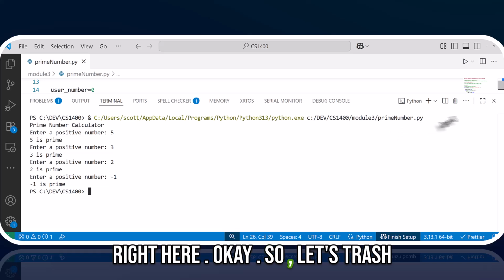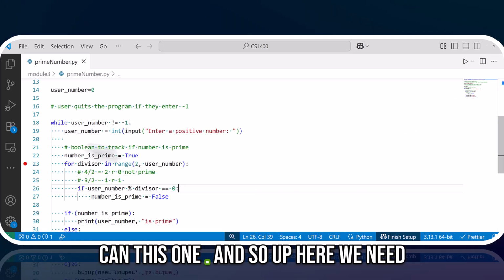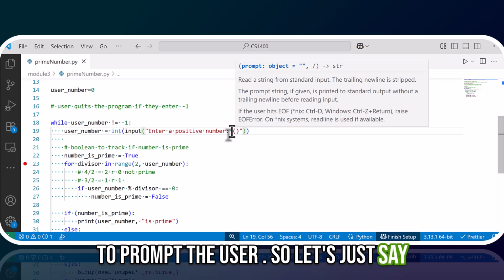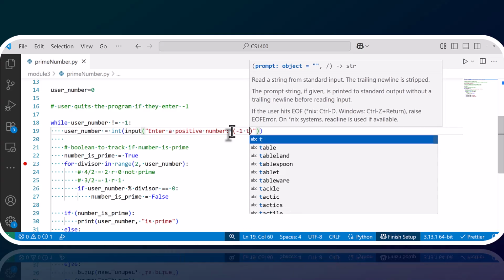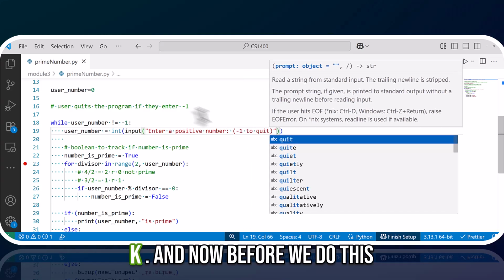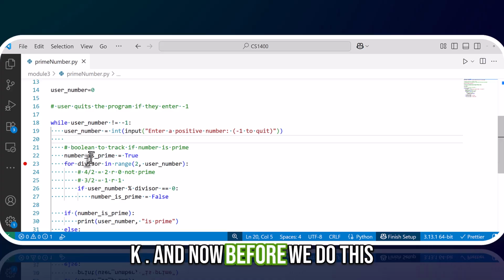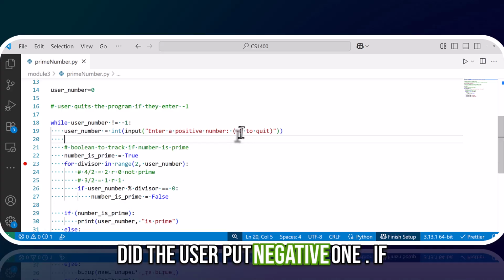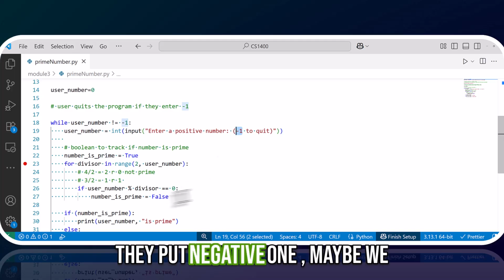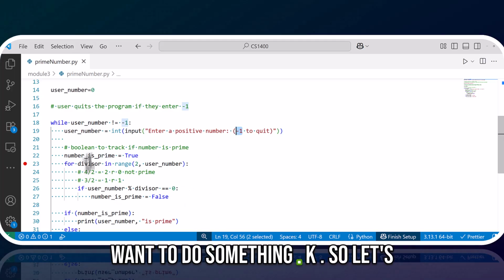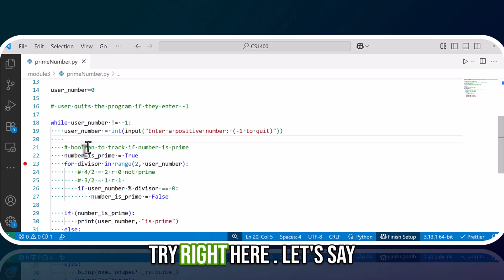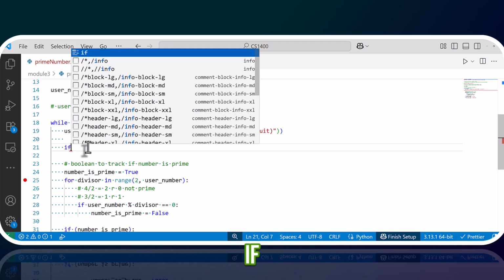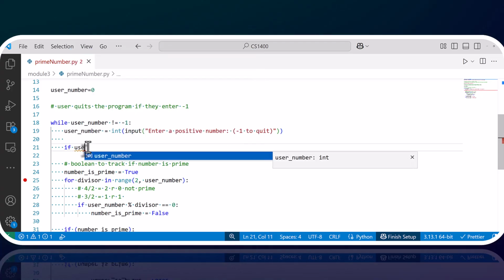Okay, so let's trash can this one. And so up here, we need to prompt the user. So let's just say -1 to quit. Okay, and now before we do this evaluation right here, we want to see, did the user put -1? If they put -1, maybe we want to do something. Okay, so let's try right here. Let's say if user number